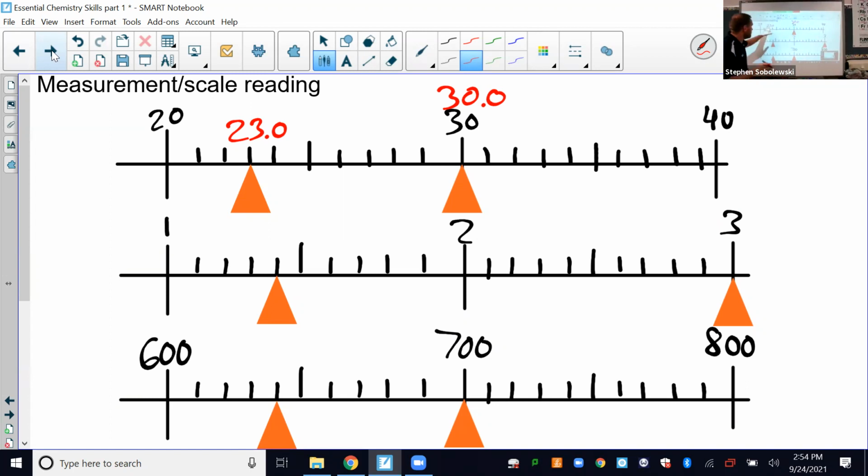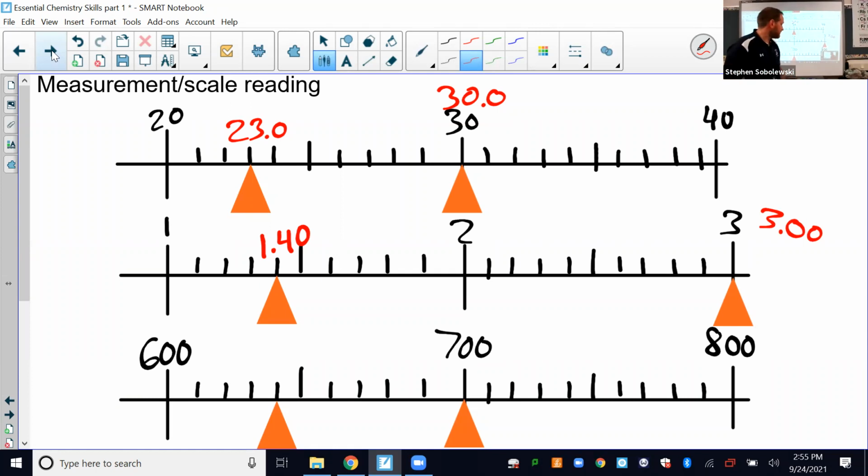Notice there are 2 zeros here and 1 zero here. Okay, the rule is add 1 extra digit beyond what's in the meter stick, the ruler. All right, looking down at the second one, we have 1, 2, and 3, meaning each of these lines is the tenths place. You are one better than that. You're going to go to the hundredths place. So if you judge this to be on the 1.4 line, you're going to go with 1.40 because that's the hundredths place. If you judge this to be on the 3 line, you're going to go 3.00 because that's the